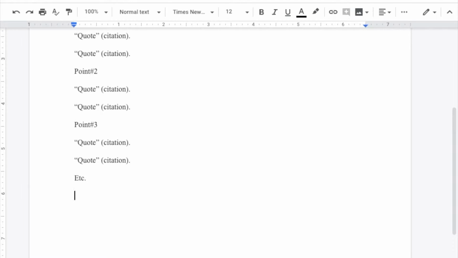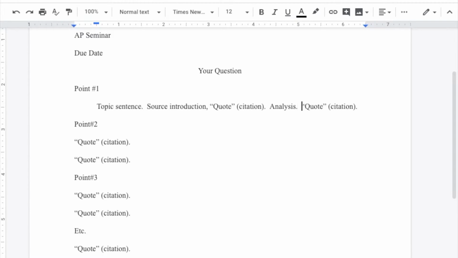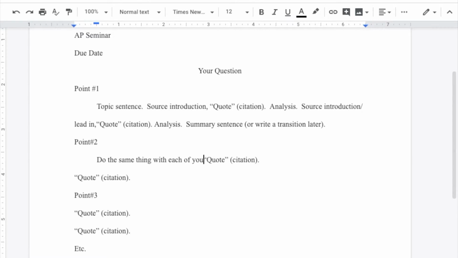Underneath each of the points I want to make, I copy and paste quotes that back up those statements. After I have evidence for all of my points, I delete the headings, write my introduction, and then write paragraphs structured around the quotes. After that, I write my conclusion. Now, on to the presentation tips.